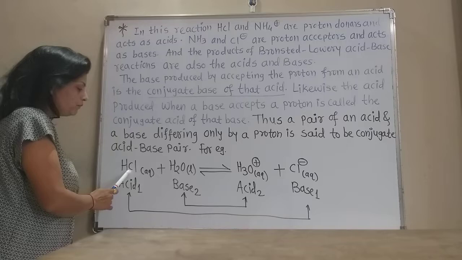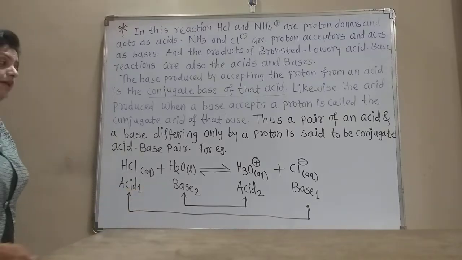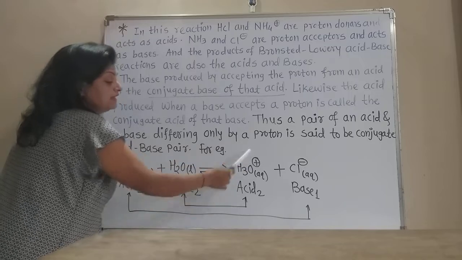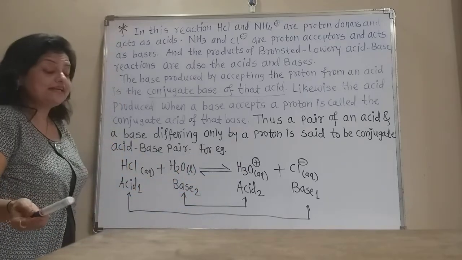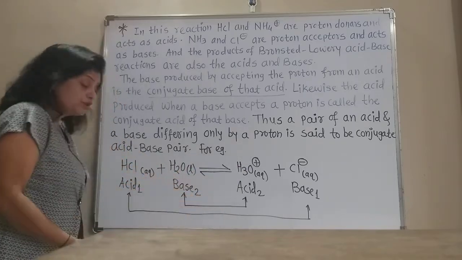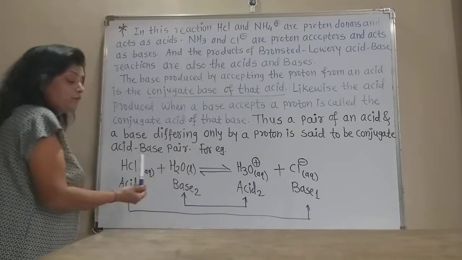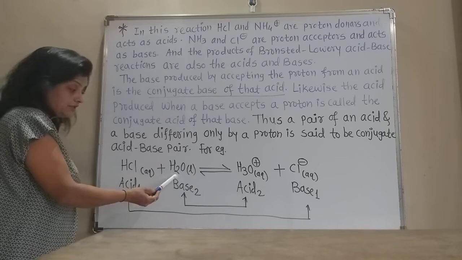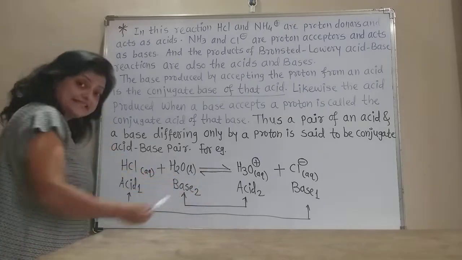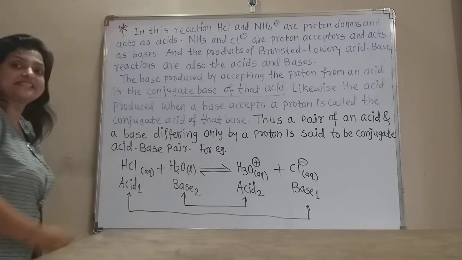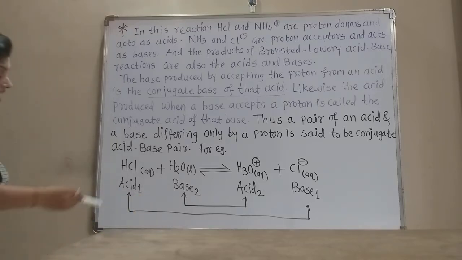By accepting the proton from this HCl, it forms H3O plus, and this H3O plus can give the H plus ion again, so it is the acid. So, the base which accepts the proton from another substance gives rise to an acid, and this acid is called the conjugate acid of this base,